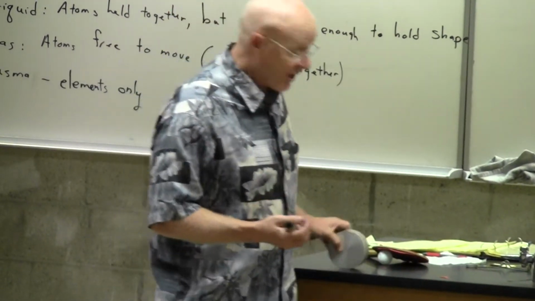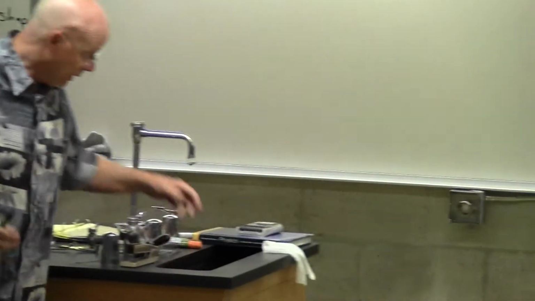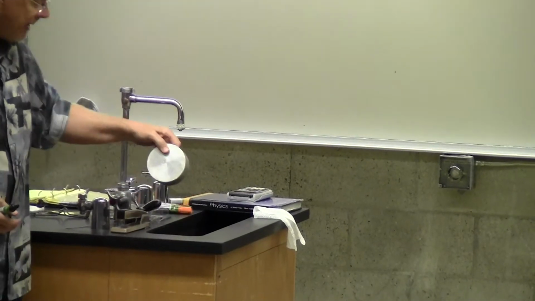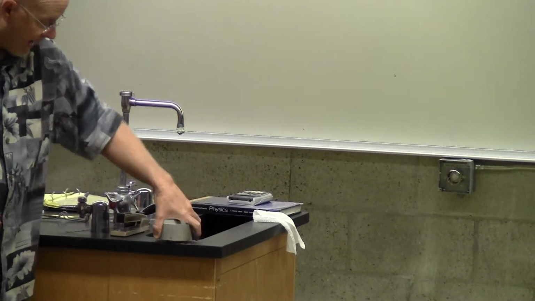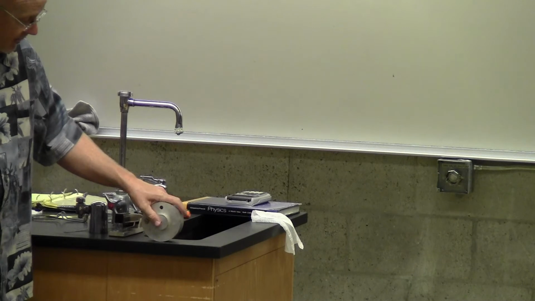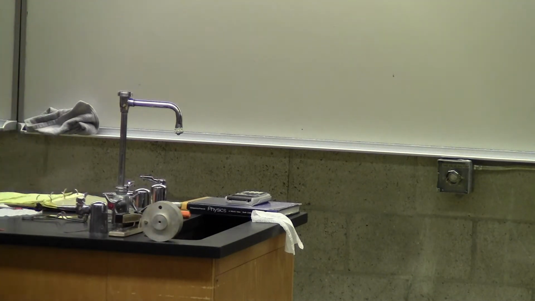I can put it in a container, if you will, would be the sink, although you can't see, but it still has its same shape. It doesn't matter if I put it on its back or on its face or on its rim, it keeps its same shape. These atoms are held together. I would say these are then, in this state, right here, they are solid. The atoms, and in this case they'd be aluminum atoms, they are held together.